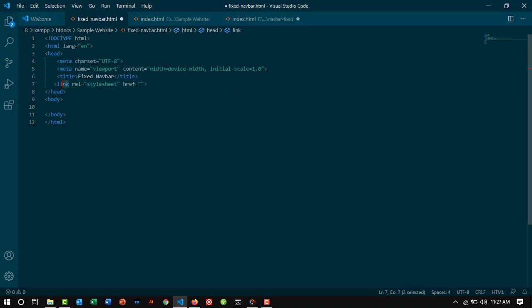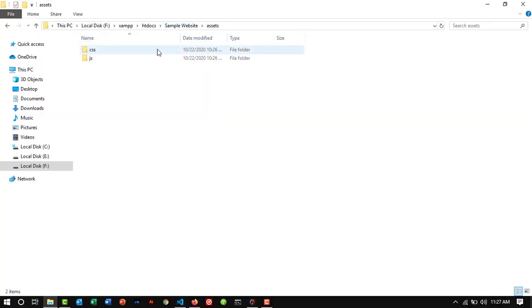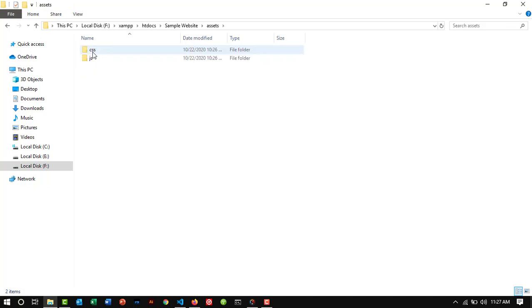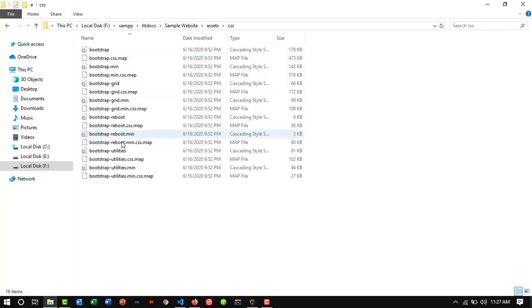That will autocomplete everything here. So I have the link element and the attribute rel, which will have the stylesheet, and then in the href I'm going to have the path where I have the Bootstrap CSS and the Bootstrap JavaScript. We already know that I have my Bootstrap files in this folder called assets. Because I'm currently in this location, I want to tell the browser that from where I am, it should go to assets, open that folder, then get on to CSS, and pick one of these files. So I'll be linking to the